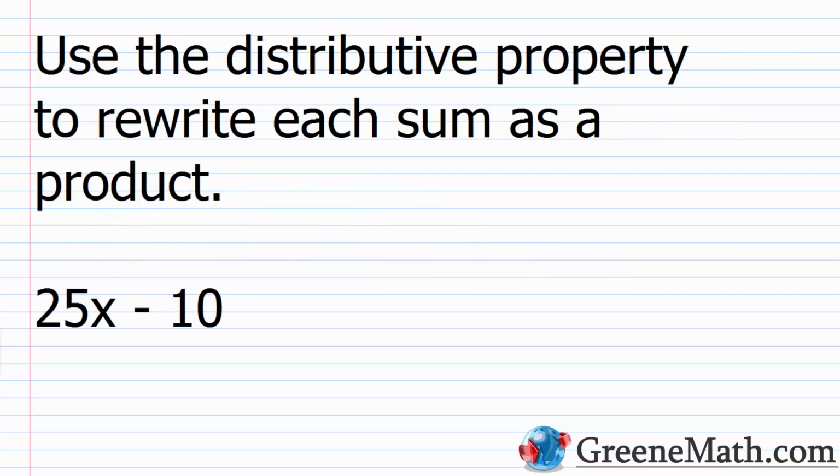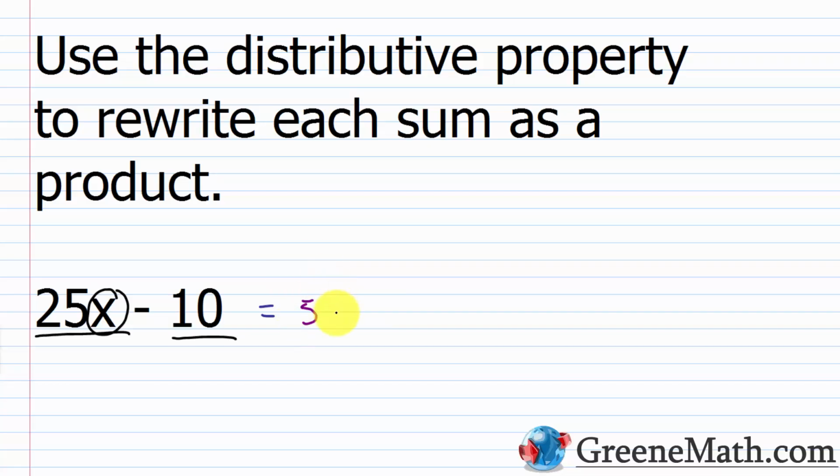All right, last problem. We want to use the distributive property to rewrite each sum as a product. So we have 25x minus 10. The first thing we want to do if we want to factor this is think about what's going to be common here. I only have an x in one of the terms, so that's not going to be common. So just think about the number parts. 25 is 5 times 5. 10 is 5 times 2. So let's write this to where we have